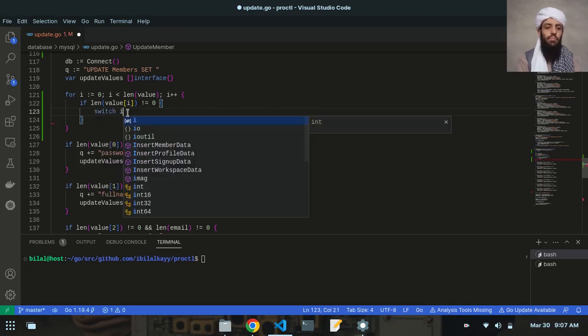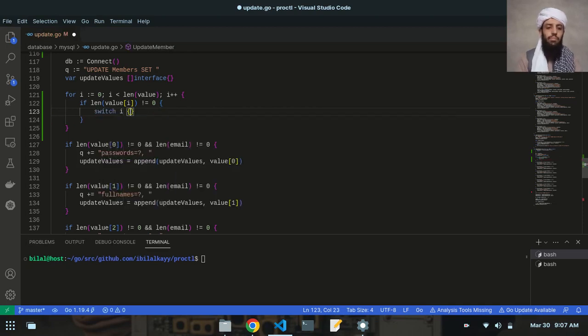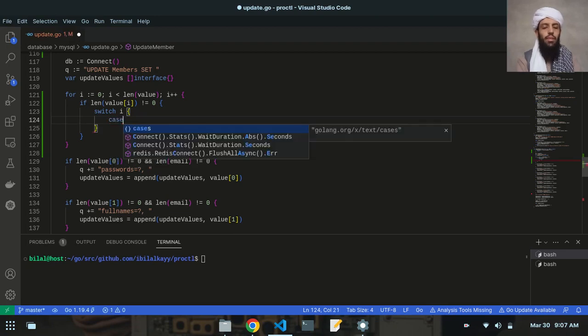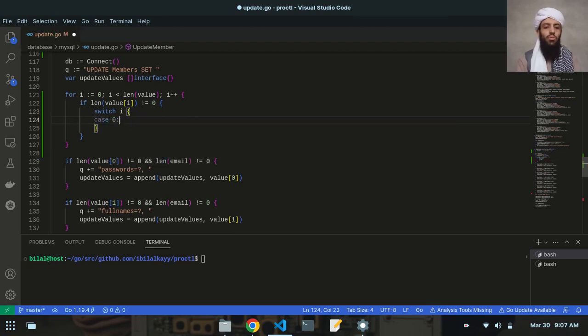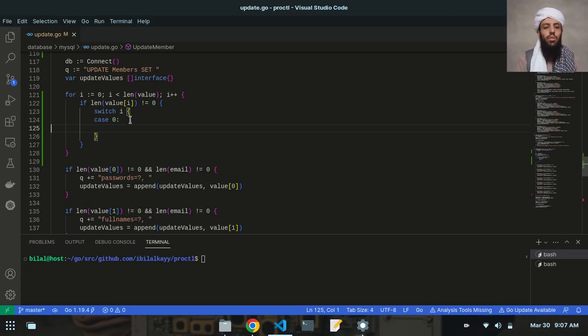After that, the first case is going to be 0. So if the first value, that is password, is filled with some kind of data, then what I will do is write passwords, or sorry, q